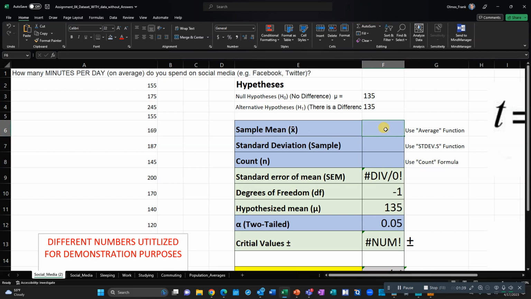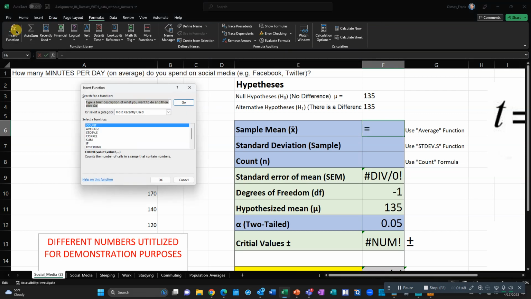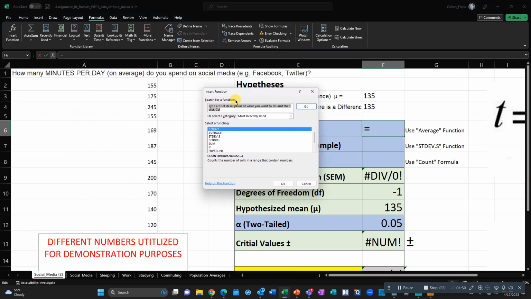So we need to get the average. We need to get the mean for these numbers. So all you need to do is click on the cell, go to formulas, go to insert function, make sure you find average. Now I have it already there, but if you don't, you need to type it in here. It'll find it for you. Average, click OK,